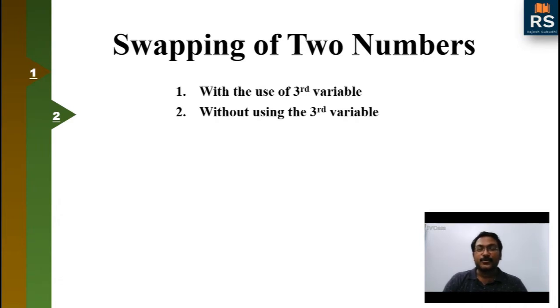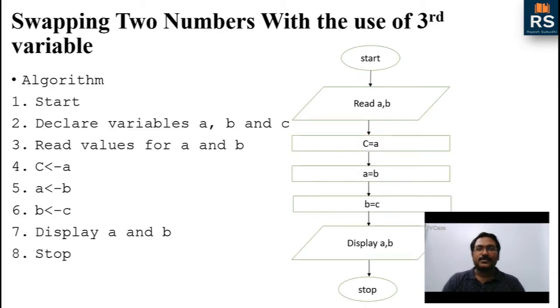There is also another way, which I will tell you. It's not a particular way, it's just something you can do for fun. Let us first see what the types are and how we can solve this particular problem, swapping of two numbers. Let us first see the algorithms and flowchart of both. Then I will tell you how things actually happen in the program, in the hardware. So the first one is with using a third variable.